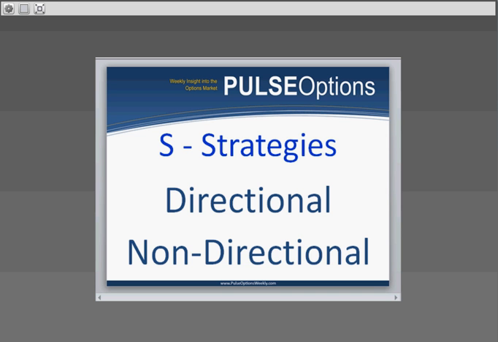we can find days that stocks should move more than others, and if we know what direction they should move, we've got a statistical advantage and we can trade it with straight calls or puts. But if we don't know which way it is expected to move, we will trade it non-directional.